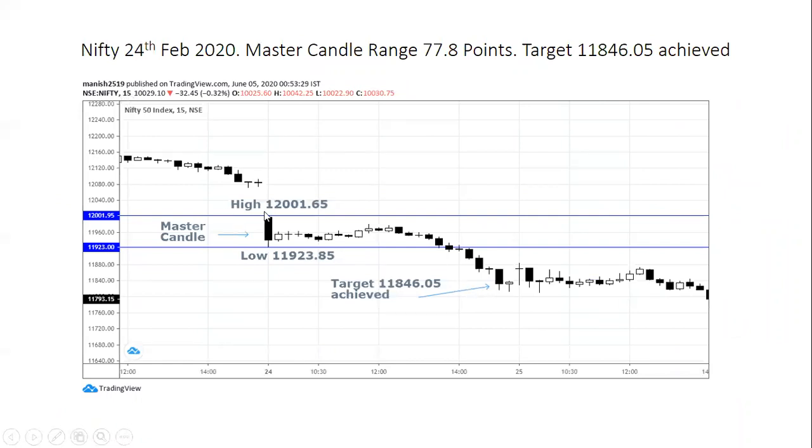This is the first candle. Now this time we have a big bearish candle. Range you can check 77 points. Look at the gap area. So on this day we got gap down opening. Nifty opened below PDL, previous day low, and straight away it went down 77 points. Now again 77 points is a big move. Okay, given that you got this move in first 15 minutes only.